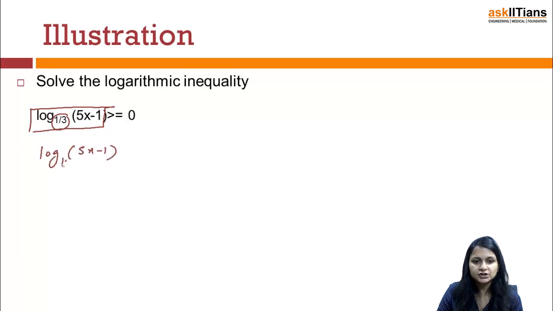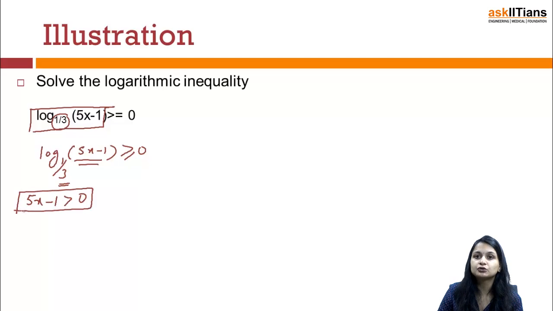As soon as you start solving this question, always be aware that whenever you have a logarithm inequality, students should first of all take care about the number and base. The base is already greater than 0, not equal to 1, so I don't have to talk about it. But the number, 5x minus 1, should always be positive. This is something that we always have to keep in mind. So this gives me 5x minus 1 greater than 0, or x should be greater than 1 by 5.